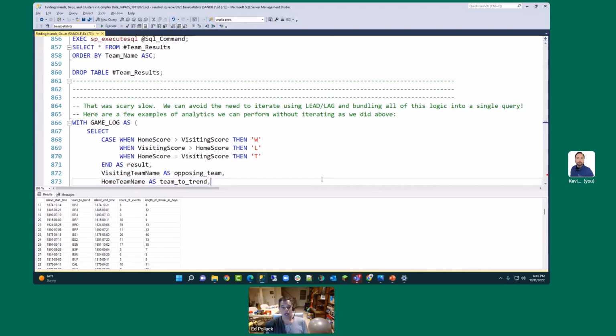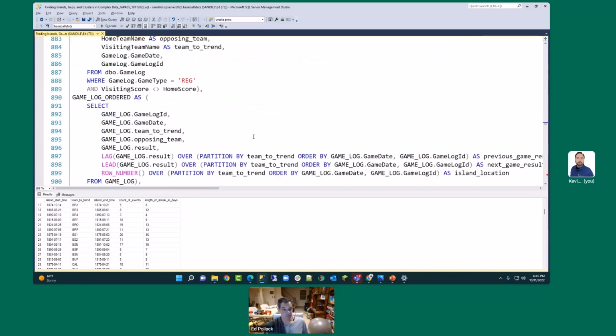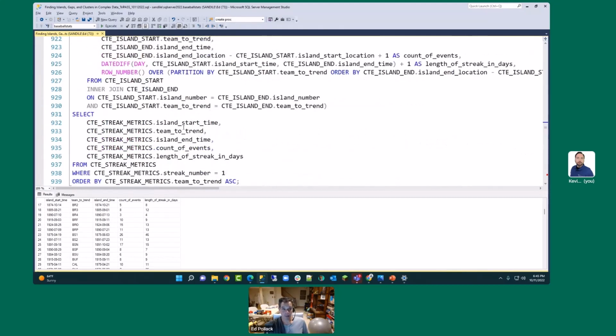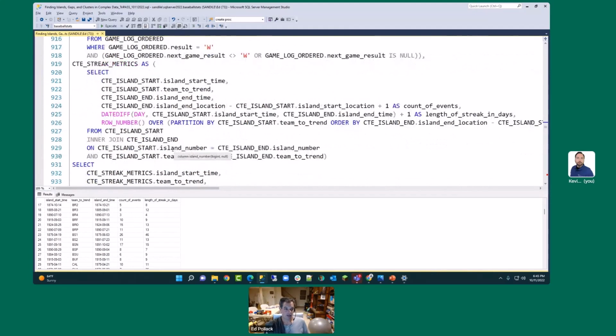If I filter it to be only modern teams, it'll be a shorter list, but I put everything in here for fun just to show that you can do it, and it completed in like a second, which is pretty awesome. So we don't have to have it be slow if we don't want it to be slow. A big pile of SQL, but again, if you walk through it block by block, it makes sense. It's in its entirety very large and scary, but each block is only 10 lines in SQL,